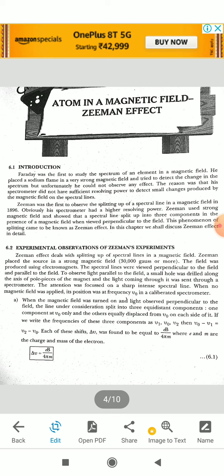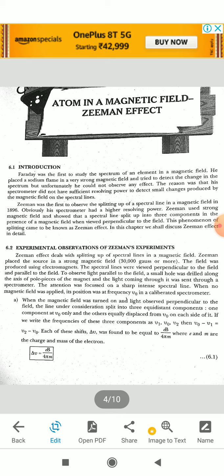If you take the difference, nu naught minus nu 1 on the left, and nu 2 minus nu naught on the right, then this difference is exactly equal to